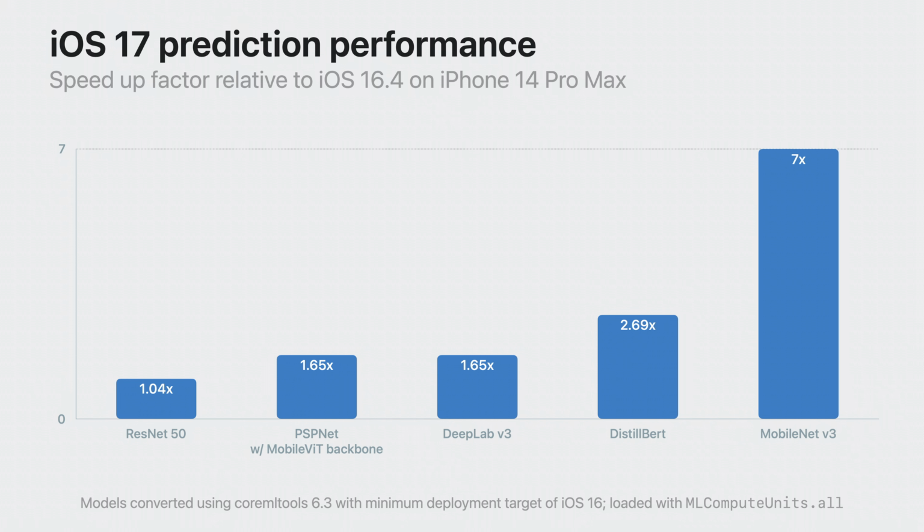Before jumping into the workflow and highlighting new opportunities for you to optimize your CoreML integration, here's an idea of the potential performance benefits that you can get automatically by just updating to the latest OS. When comparing the relative prediction time between iOS 16 and 17, you'll observe that iOS 17 is simply faster for many of your models. This speedup in the inference engine comes with the OS and doesn't require recompilation of your models or making any changes to your code. The same is true for other platforms as well. Naturally, the amount of speedup is model and hardware dependent.